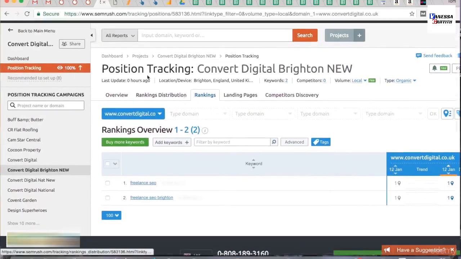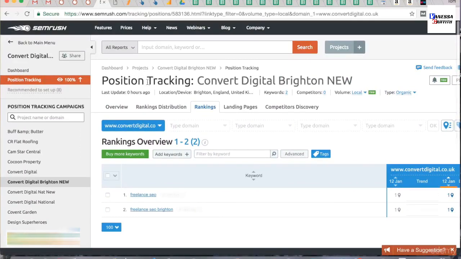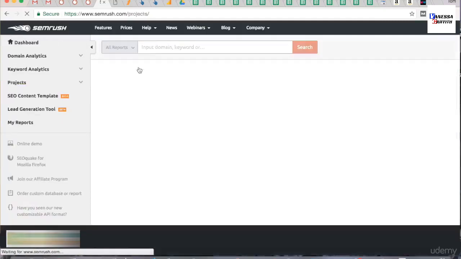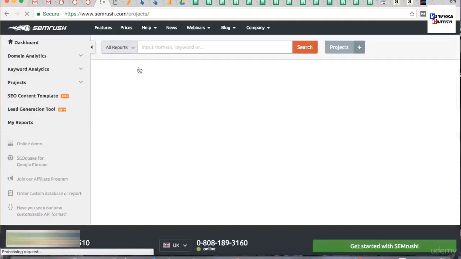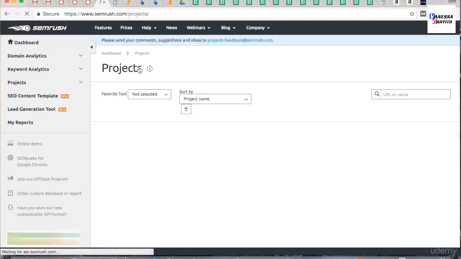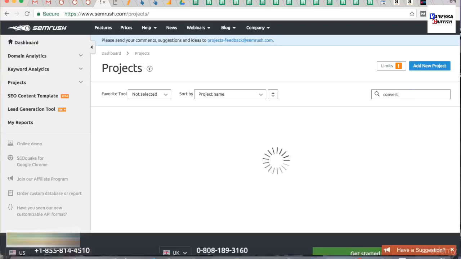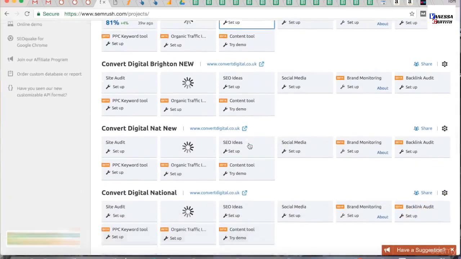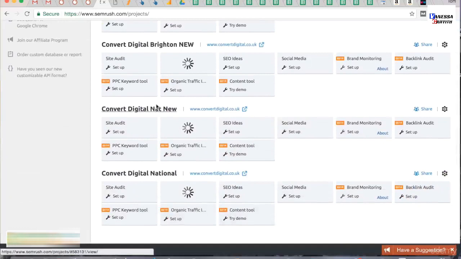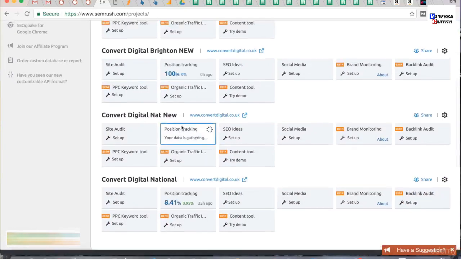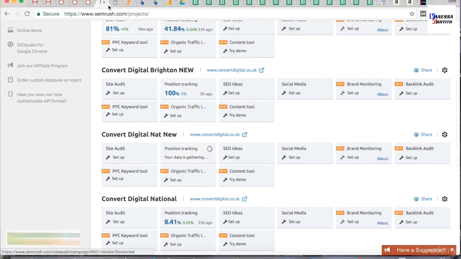And if you want to access all of your projects, you can just go back to main menu, or you can go to projects here, and you'll be able to see, if I just go like this, I'm just going to put in here "convert", and that's going to show all of my Convert Digital ones. So we were interested in seeing the national ones as well. The data is still gathering, so we can't quite see that, but we've seen the Brighton ones,